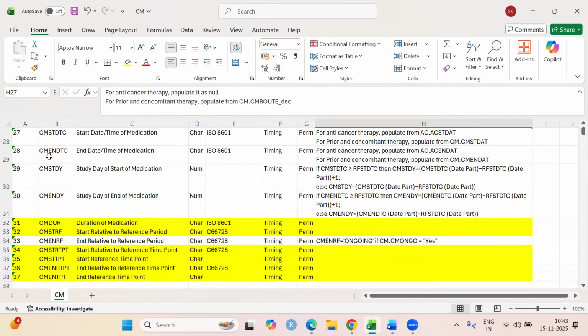Coming to the start date and end date, we have seen that these two pieces of information are also captured for both the forms in your sgdat and endat variables respectively. So we have used those variables to populate